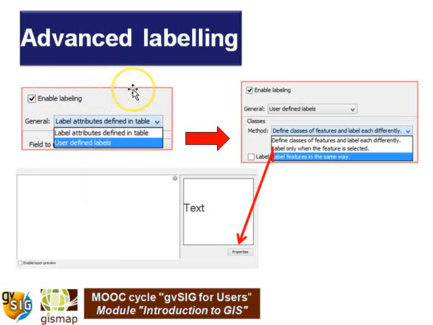I can use as well some tools like advanced labeling. Here I can check user defined label from the drop down list, and here I can select more options. We'll analyze these two: label only when feature is selected, or label features in the same way. Let's see the last one. I click here on properties,